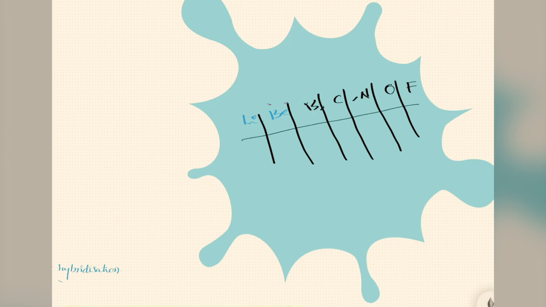In this family, if you know the first element, you can understand the remaining. For example, carbon, silicon; nitrogen, phosphorus; oxygen, sulfur; fluorine, chlorine; boron, aluminium; beryllium. The remaining elements we can easily understand using this technique. But we need to know the group elements, that is very important. If you don't know them, there is some confusion. So minimum we have to know.